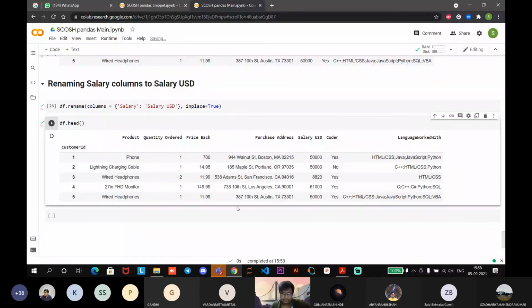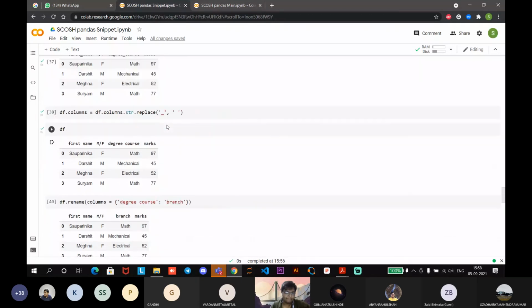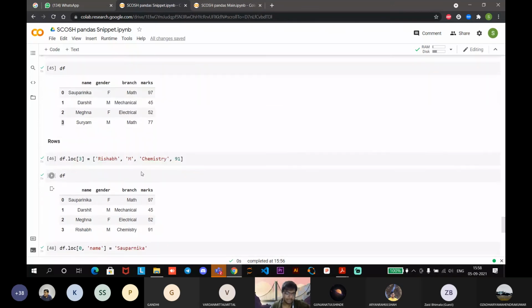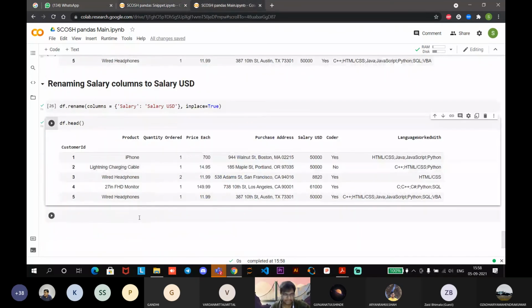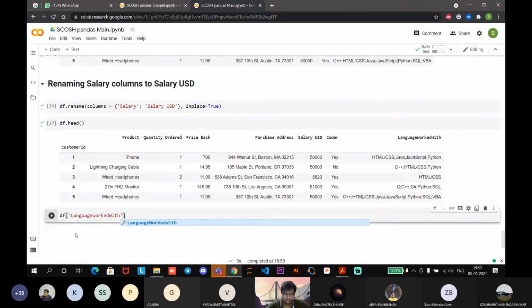Okay. Now let's say you want to find information of the people who have worked with Python. Okay. So we saw the replace feature here, right? We saw the replace thing, which is a feature of string, right? So there's another feature in strings, the function contains, which will just see in a long string if the string contains a particular word. Okay, so you want information of people who know Python. So what you can do is you can access that column. So you want to work with the language work with column, and you want to access its string features, and in string you want to apply the contains function, and you want to see if it contains Python. And if you run this,